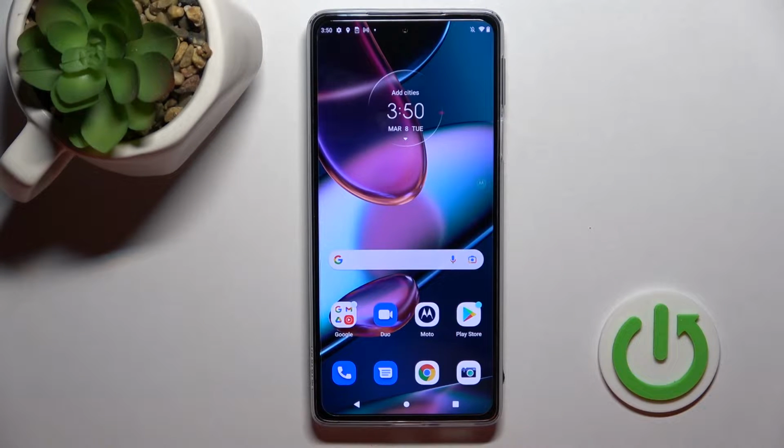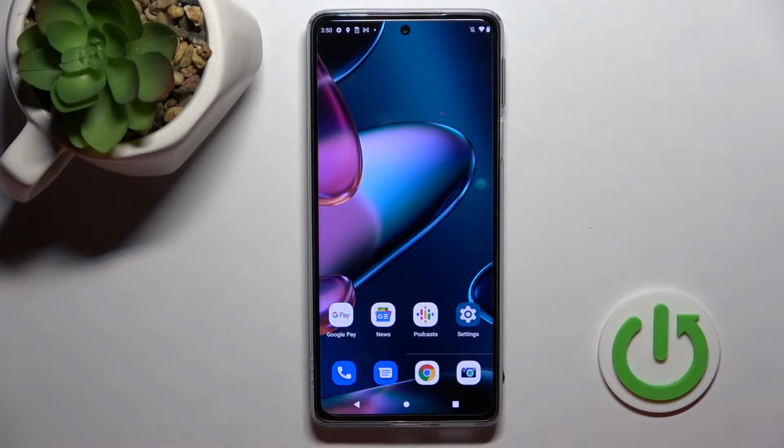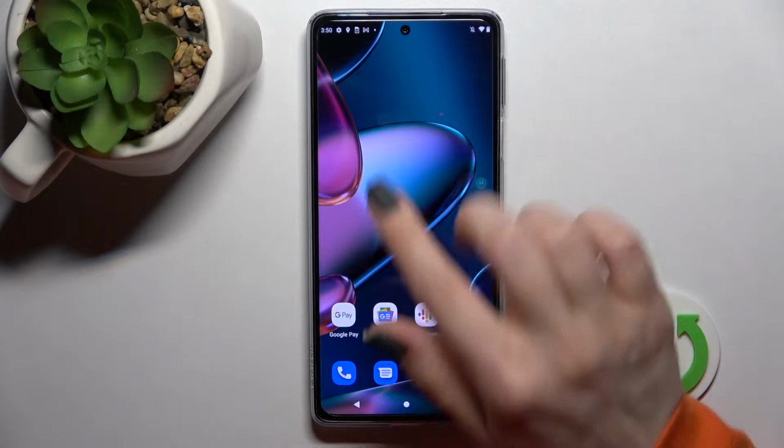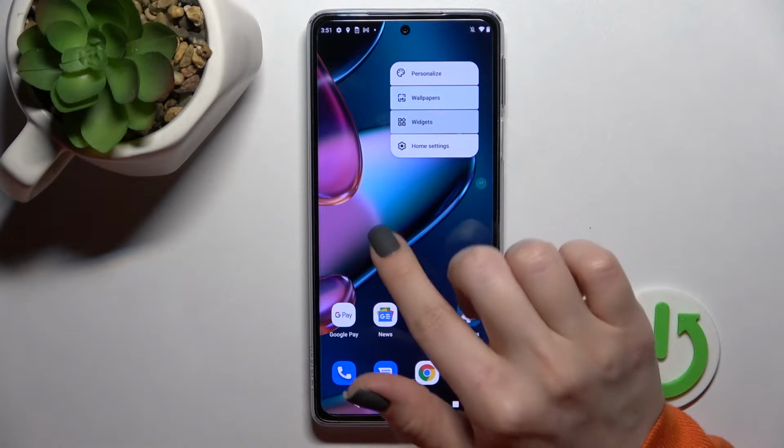Welcome, today in front of me is the Motorola Edge 30 Pro, and I'll show you how to add or remove home screen widgets on this device. So first you should select the screen where you want to add the widget. I'll go with this one, and now just hold for a while with your finger